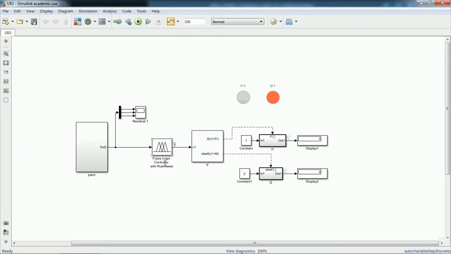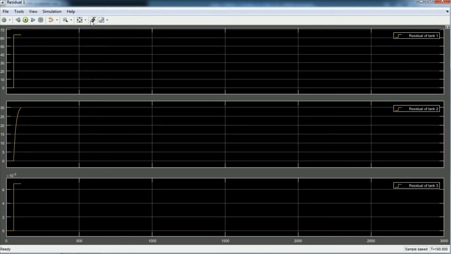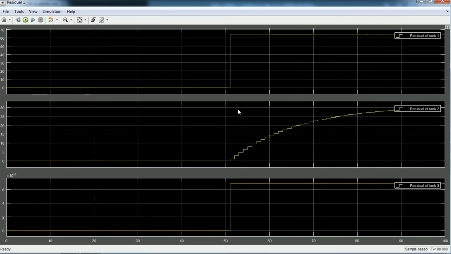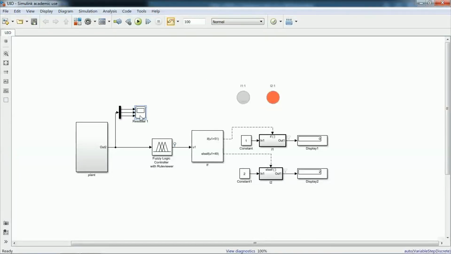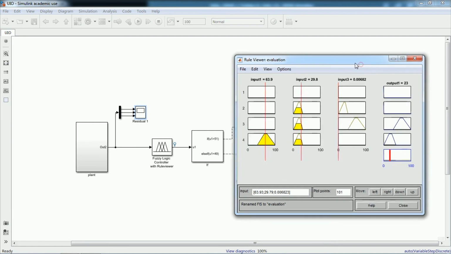The input of this Fuzzy Logic controller will be provided by the output of the plant. Let me show you the input which I am giving to the Fuzzy Logic controller. This is the input which I am giving to the Fuzzy Logic controller, and these crisp values will be taken by Fuzzy controller and it will be fuzzified. Execute the Simulink model based on the input which you are giving to the Fuzzy controller.